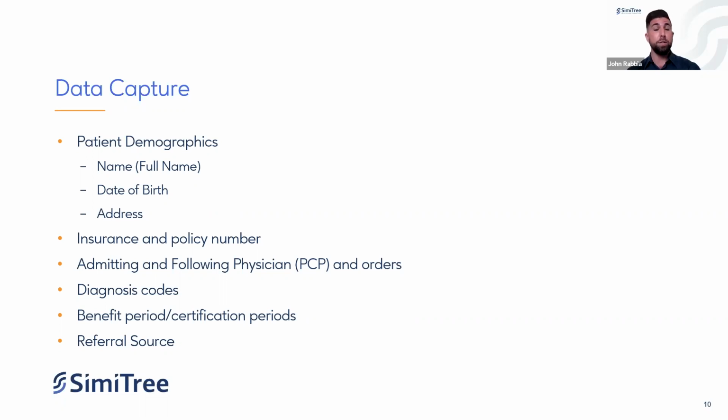If it's a hospice patient who has been on service with another agency for 2 benefit periods and they're entering their 3rd, we're going to need a face-to-face documentation. So really understanding where that patient is in terms of their cert periods and benefit periods, depending on if we're talking about home health or hospice.